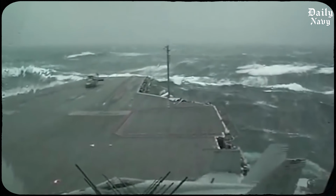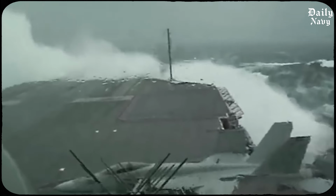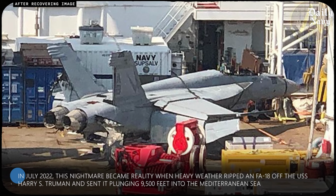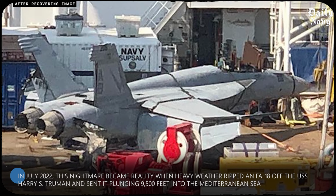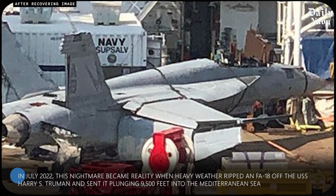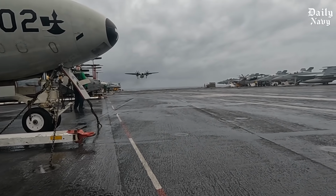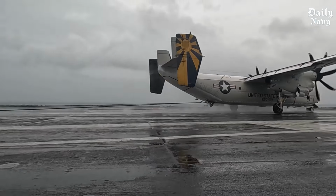One wrong move, one loose chain, and a $70 million fighter jet becomes a multi-ton projectile. In July 2022, this nightmare became reality when heavy weather ripped an FA-18 off the USS Harry S. Truman and sent it plunging 9,500 feet into the Mediterranean Sea. The question isn't if storms will hit, it's how the Navy keeps billions of dollars in aircraft from becoming expensive